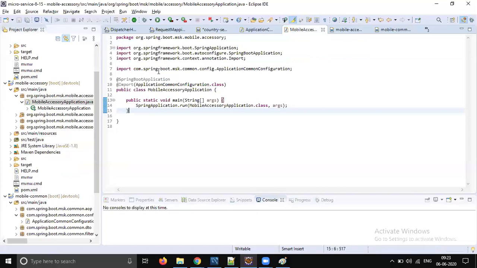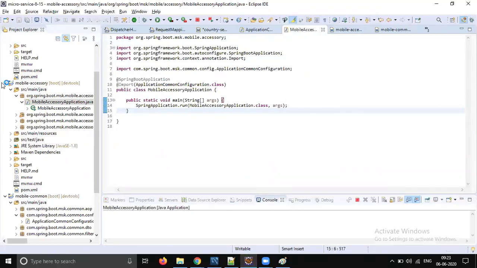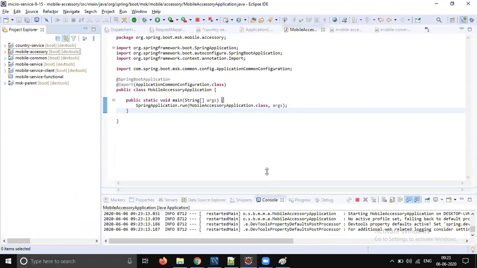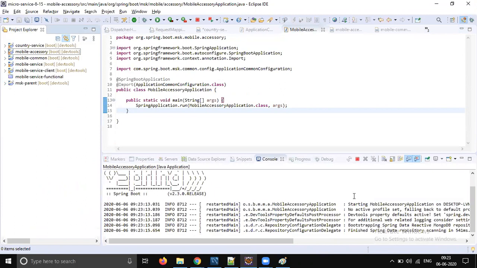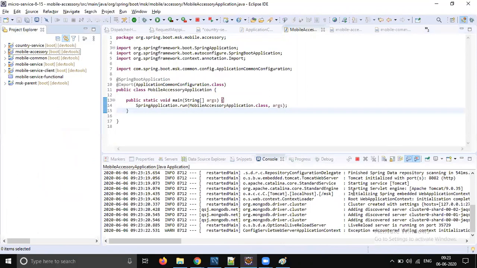Right click, run as Java application. So the application is going to be started on Tomcat.